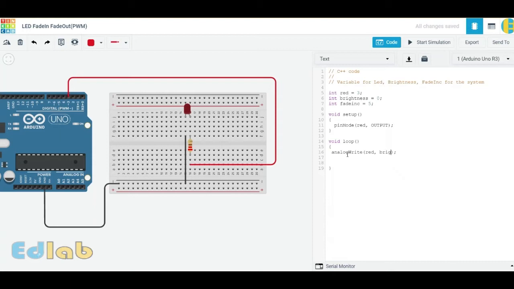Initially the brightness of the LED is 0. The purpose here is to set the brightness of the LED, take the loop, increase the brightness to maximum value, then decrease the brightness. So initially when we send the brightness value to the LED using this command,